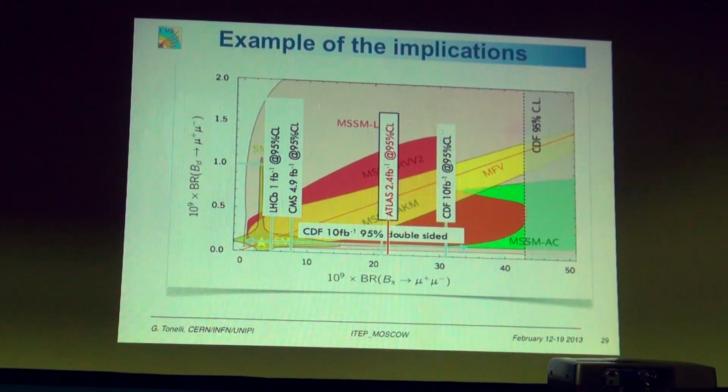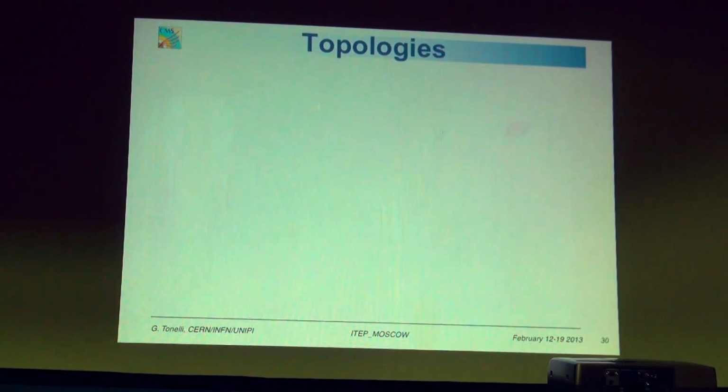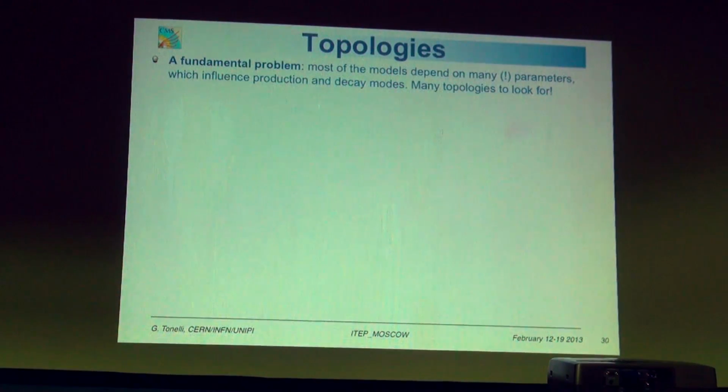So again, you should see SUSY as an area that could be constrained with direct searches, looking for neutralinos, or looking for squarks, or looking for stops. It is also an area in which indirect searches, through precision measurement of decay modes, could be very effective. This is one example. Then I go through some topologies of SUSY.